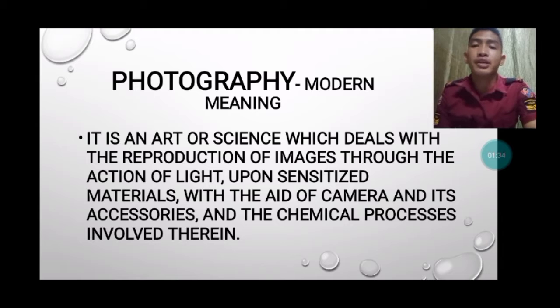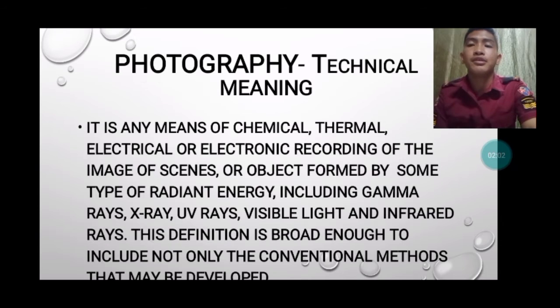In a modern meaning, we use the action of light upon sensitized materials. We use a camera, lenses, or any accessories of the camera. For example, we use a phone camera. A phone camera has a lens, which is an accessory of the camera. In a technical meaning, photography is any means of chemical, thermal, electrical, or electronic